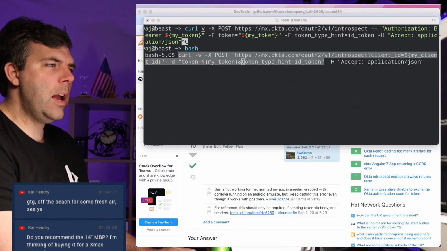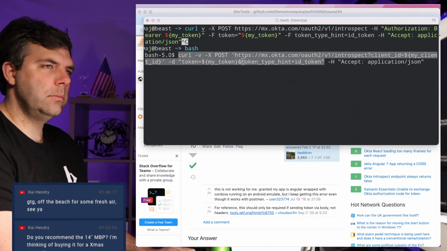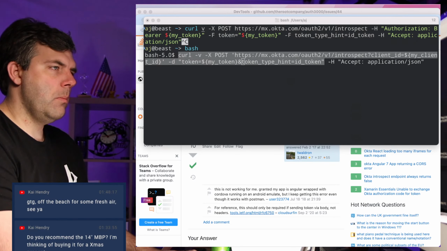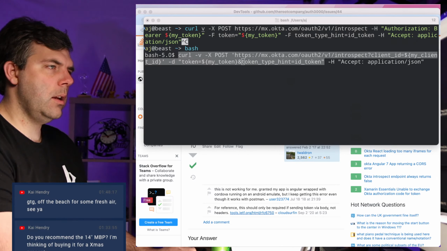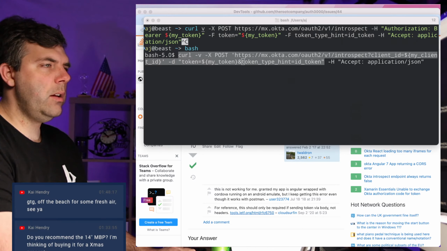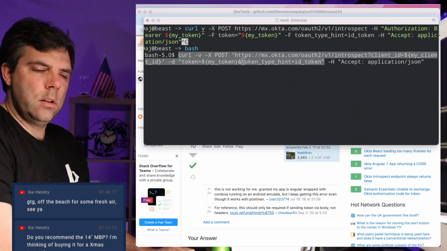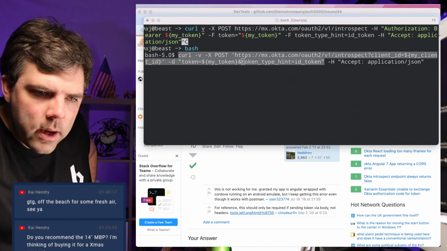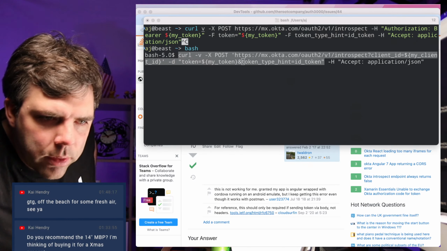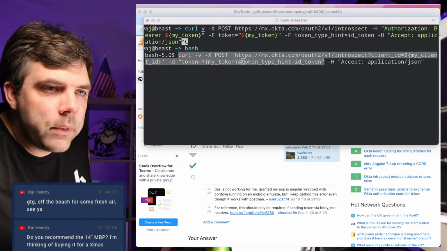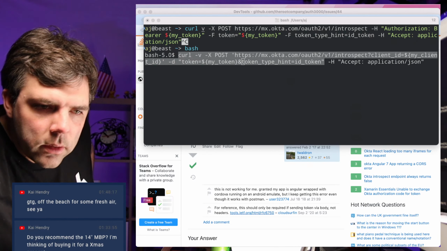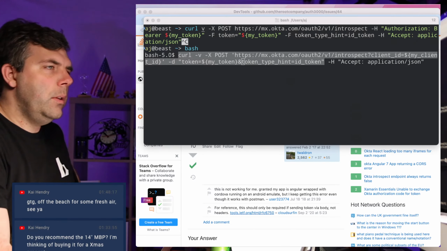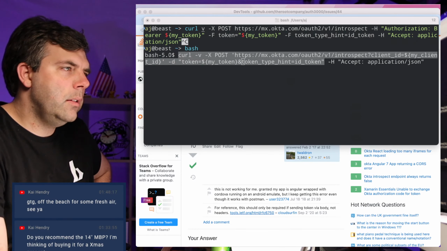Invalid value for client ID parameter. All right, let me echo again. My client ID. That is a valid value. Let me go check over here. Let me make sure I copied the whole thing, all the letters. And I did. All right, so the error it's giving me is